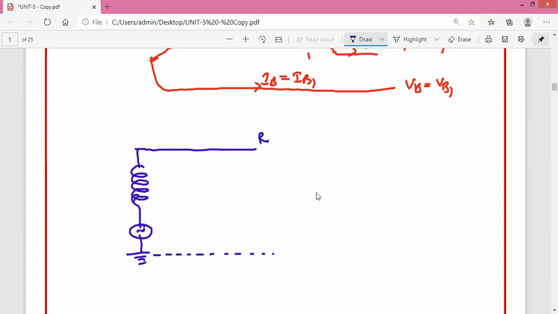I'm just taking the R phase, and it is X1, and this is ER, and this is VR, and this is the neutral value. Before fault, for the positive sequence component, these are replaced with suffix 1, so it is ER1. A very important topic here. So this is for the positive sequence component. So what happens when there exists a fault?